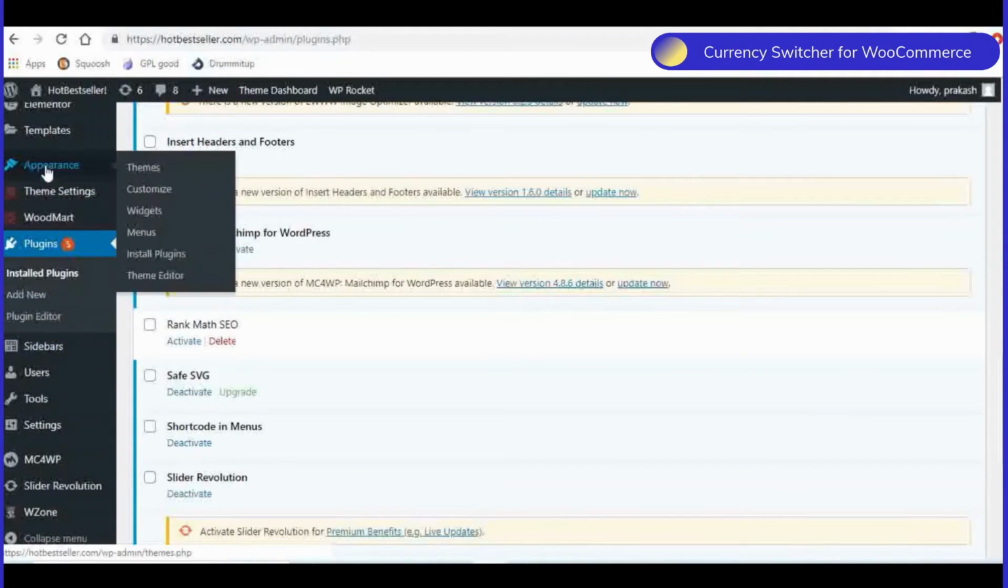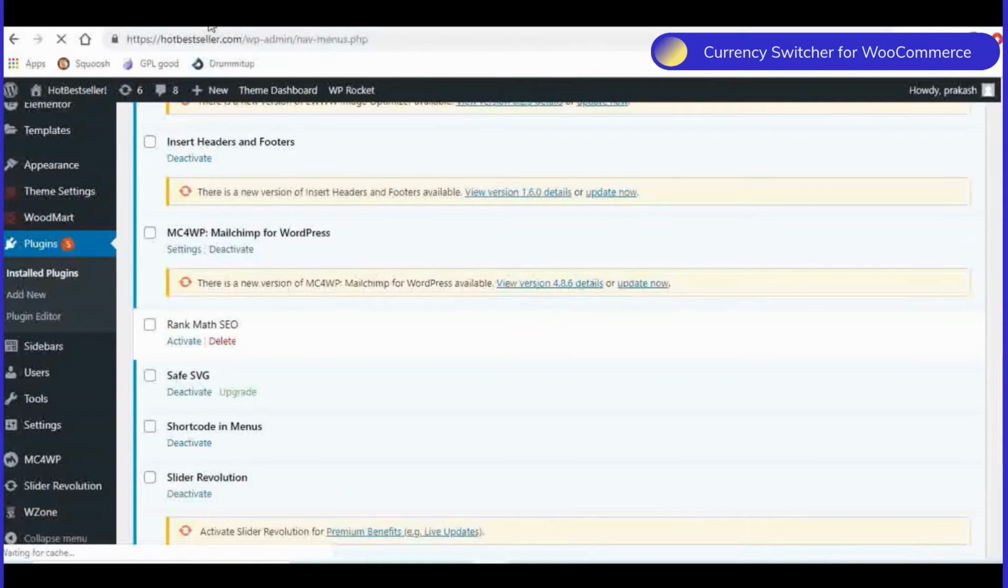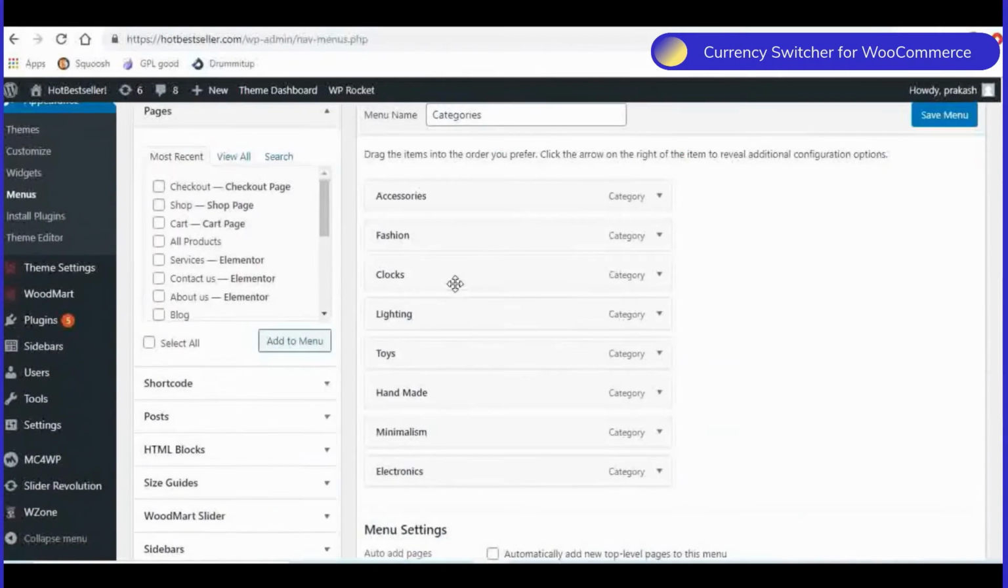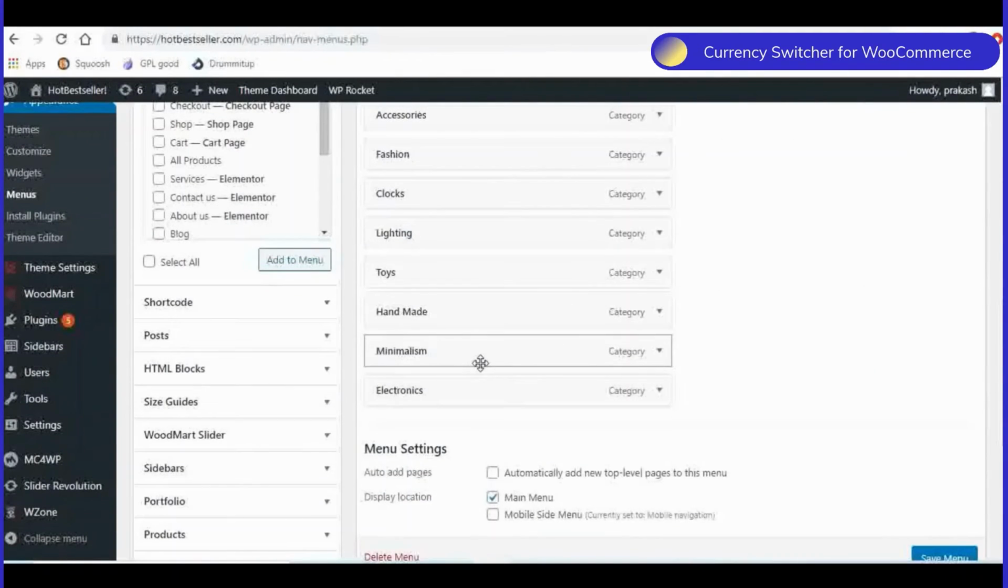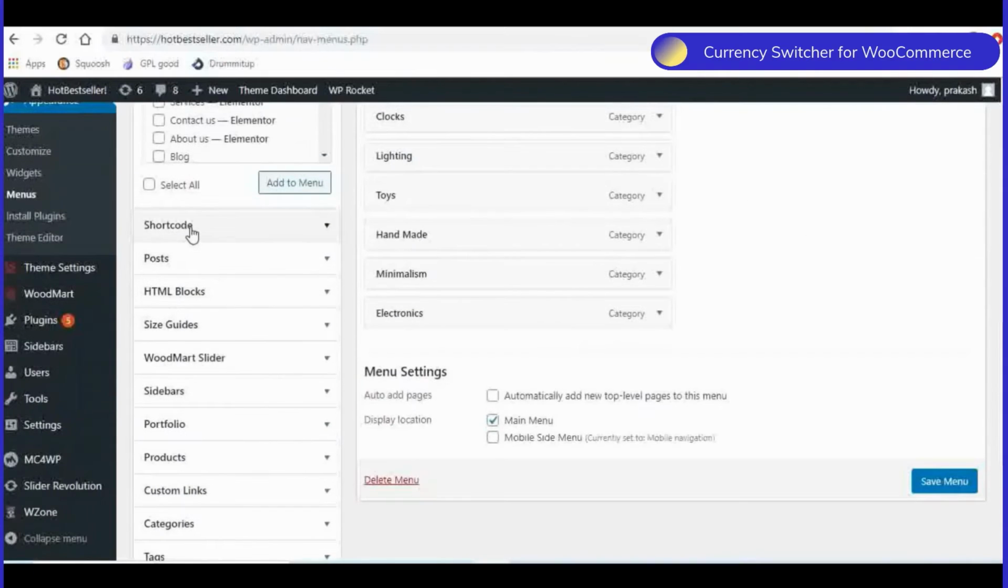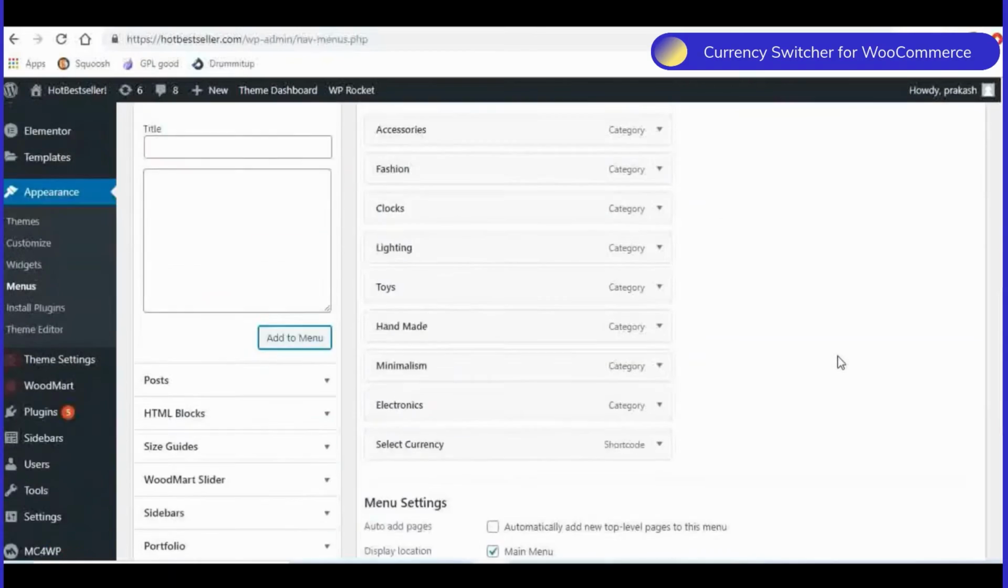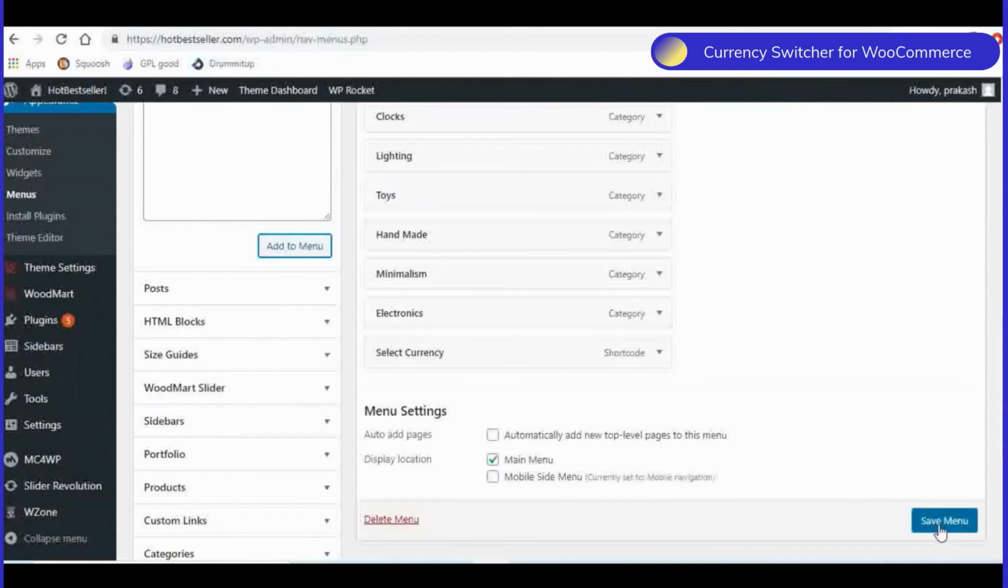So if I now go to appearance and menus and copy this currency switcher shortcode, I can just place it under the menu section. So I will go to here and I will say select currency, and I will place this shortcode here, and I have just added it to the menu. I will save this,